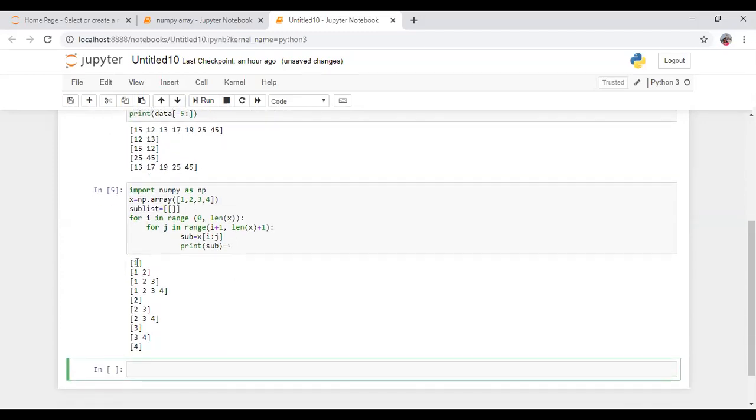See here, first it will take the first value from the first, then 1 2, 1 2 3, 1 2 3 4. Then the second index it is taking 2, 2 3, 2 3 4, 3. Third element, third 4 and 4. After 4 there is no element, that's why it stops with the 4.